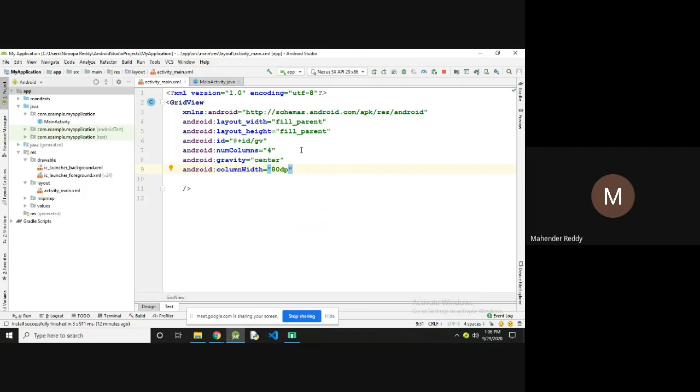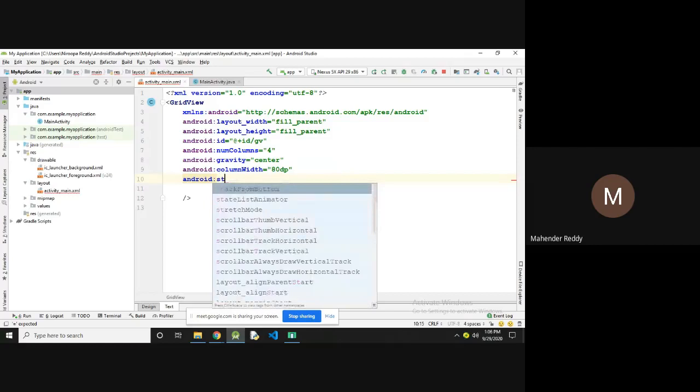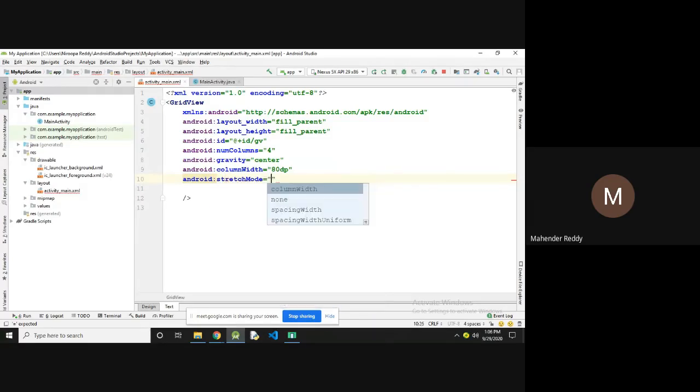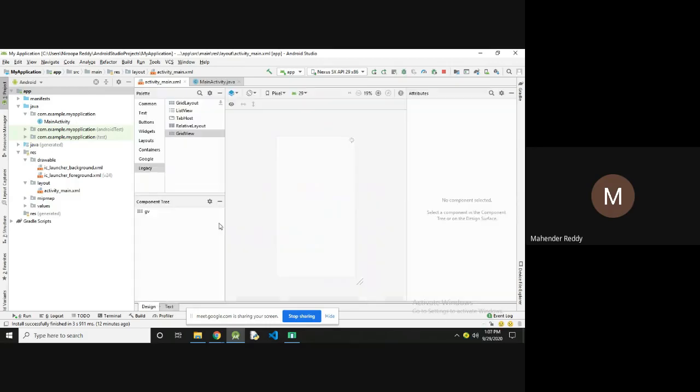So that's it. And one more, I'm going to add android:stretchMode equals columnWidth. Stretch mode by column width, so each column occupies 80dp. Okay, so now I created the grid view.